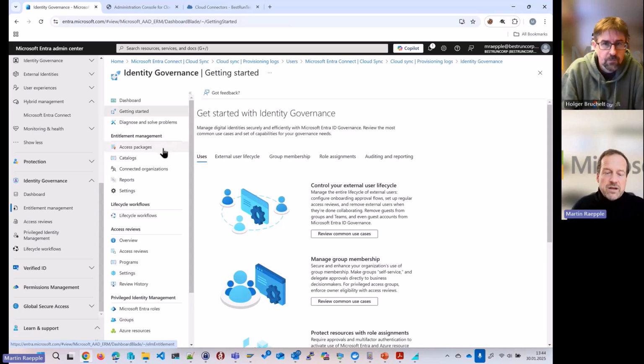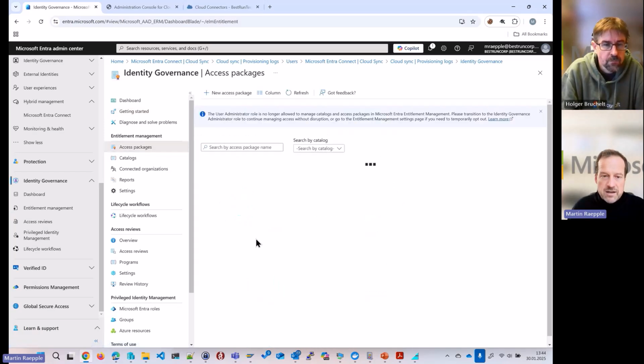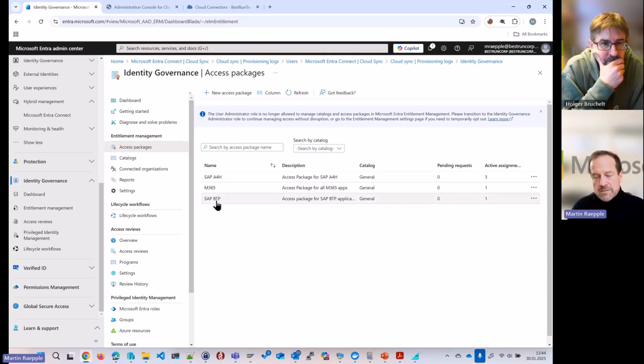That's the feature in Entra ID, and here we see all of the access packages defined in that tenant. We have this one from part 1. So this is the access package we used in the blog post series part 1. But for this scenario, those two are the relevant access packages that we need.